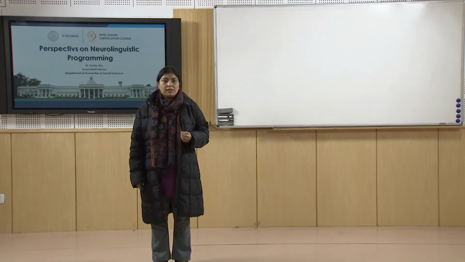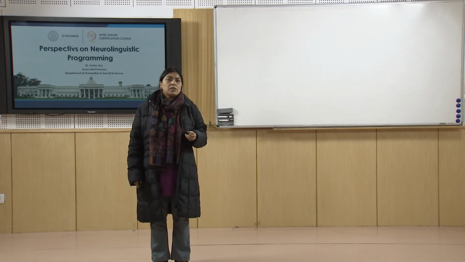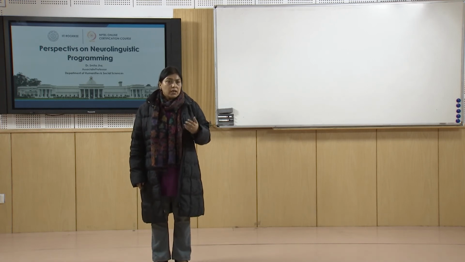Being a rational creature, we do at least one of 3 things with incoming sensory information that has been filtered, that is, delete and/or distort and/or generalize all sensory input. Now, this is called the universal modeling process in neurolinguistic programming. Now, the 3 important states in NLP filtration, the first one is deletion.